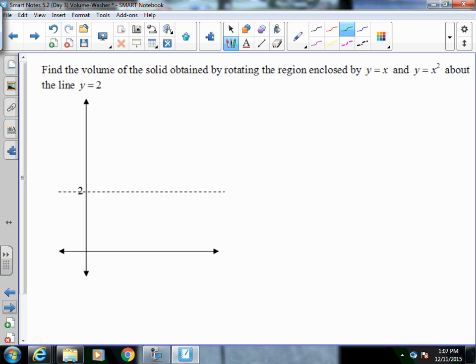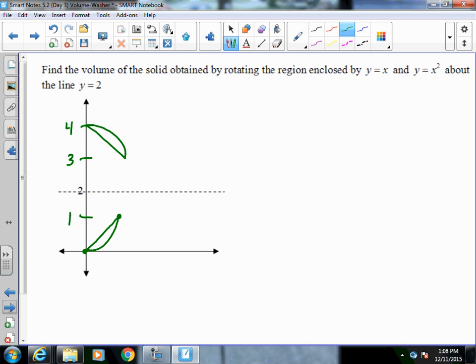Very similar. This time we're going to rotate it around the line y equals 2. So some funny things sometimes happen. We're talking about the same region. I'm just going to take the region from an earlier problem, still that shape, from 0, 0 down here to 1, 1 up here. And it's going to be rotated about the line y equals 2, which means this is 1. It's actually going to end up here between 3 and 4